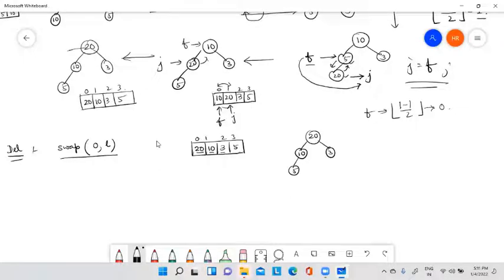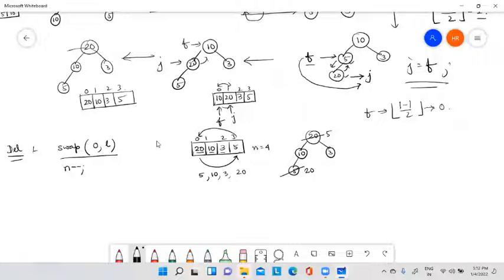Now first I will interchange the first and the last element, 5 and 20. It means 5 will come into this position, 20 will come into this position. So your picture becomes 5, 10, 3, 20. After interchanging, I will decrease the array size. So far, what is the array size? N is 4. So after the swap, I will make it n minus minus.